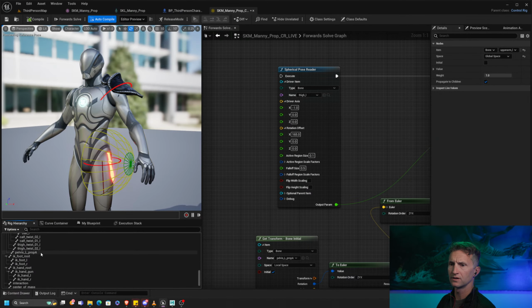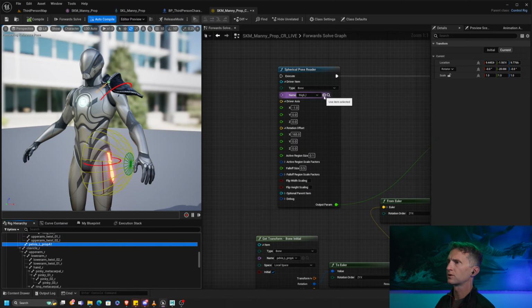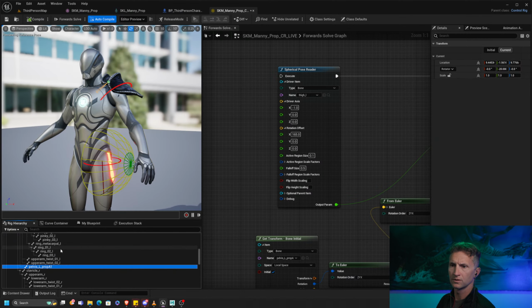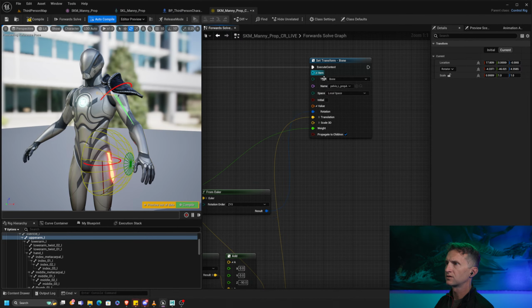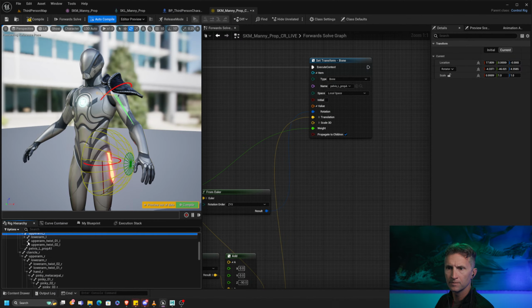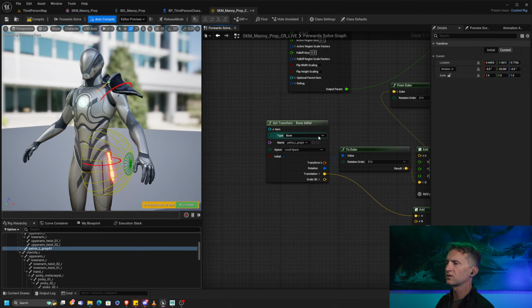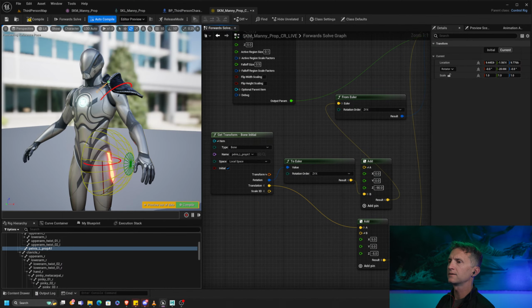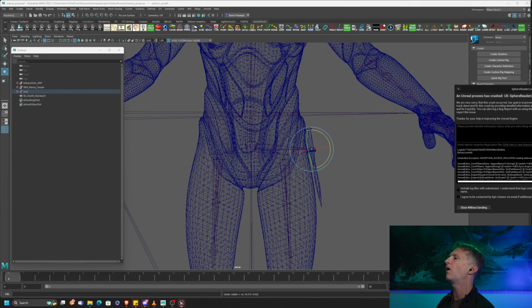So the bone that we're going to be driving this time, if you recall, I accidentally named it wrong in my rush to get all this stuff ready, but trust me, it's the shoulder. Actually, no, the bone we want is the up arm. And what we're driving in this case is the shoulder accessory. And the rotations are going to be coming from, once again, we are getting the original,